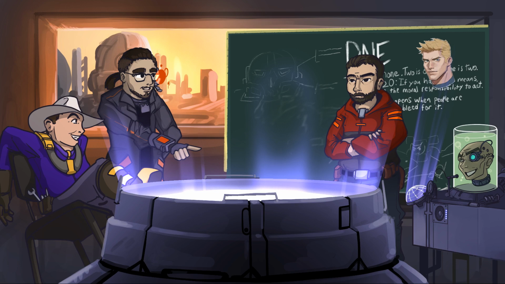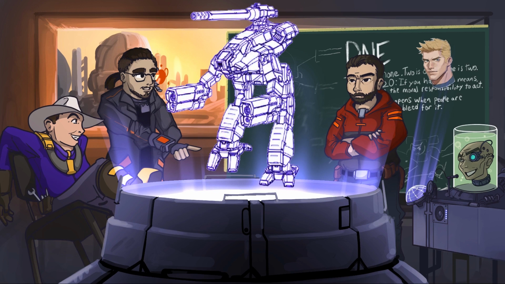And we then come to the 5S seen in the same year of 3051. This guy has a movement profile of 4-6, so no jumping. It's got an ER PPC and a medium pulse laser in the left arm, same in the right arm, and then it has a Gauss rifle in the right torso. It's got CASE in the right torso to protect that Gauss rifle,